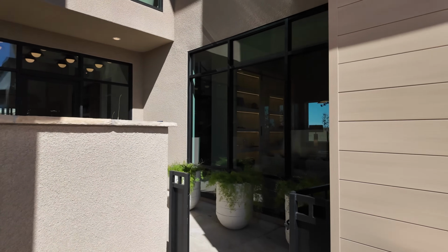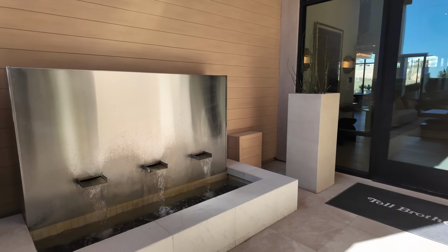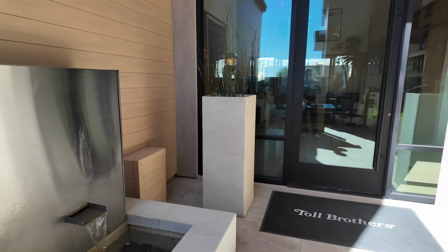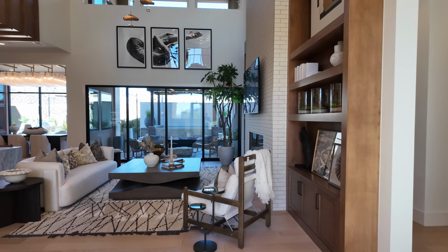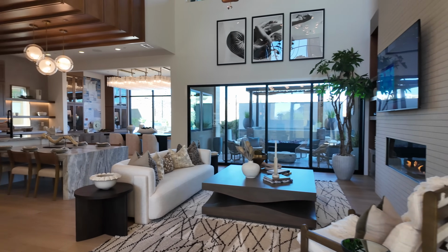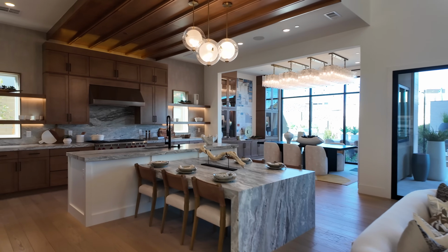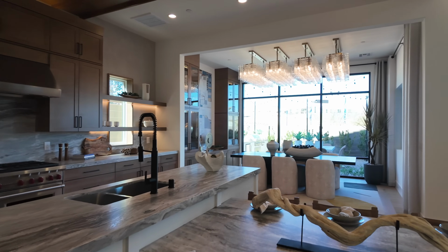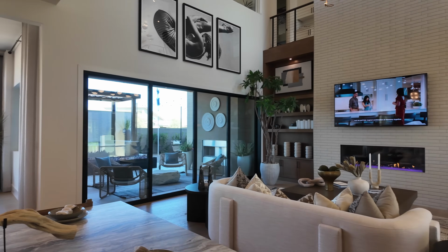As you can see, this is a 3-car garage. Coming into the courtyard here. Beautiful water feature. Now this model, let me go inside here. This is the Rose Crest, and you have 5 bedrooms, 5 full bath. Actually total 6 bathrooms because there's a guest bathroom as well. 3-car garage. It is a 2-story home. And this is